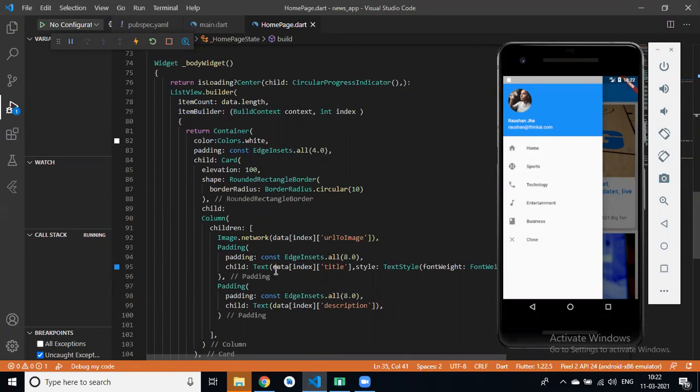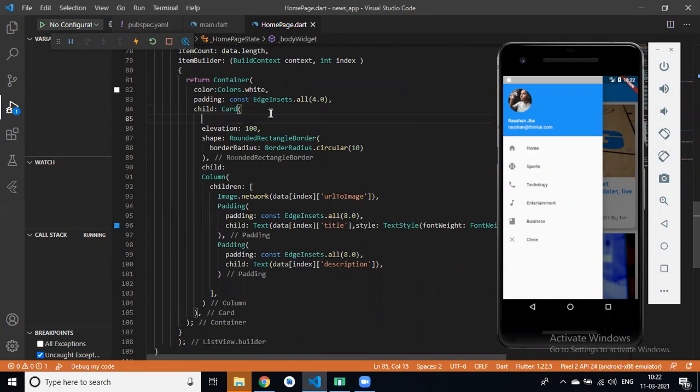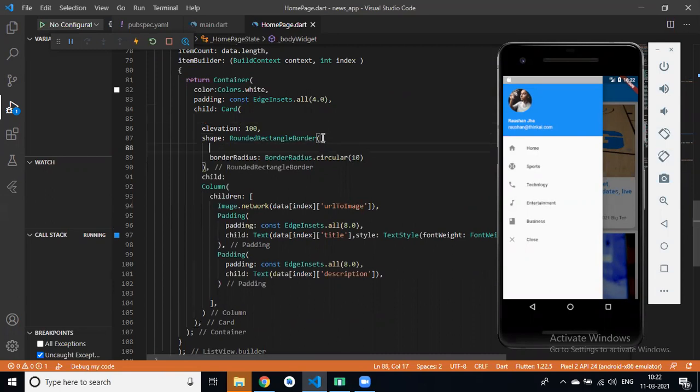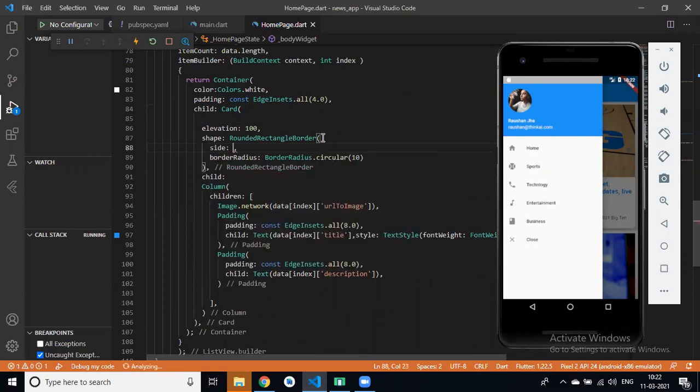In the card widget, in rounded rectangle border, we have a border radius, then inside we have a border side.